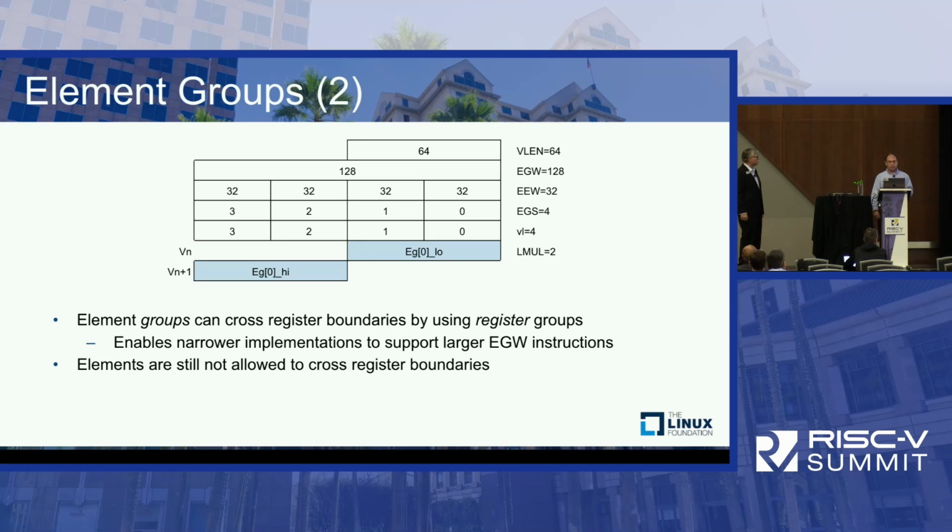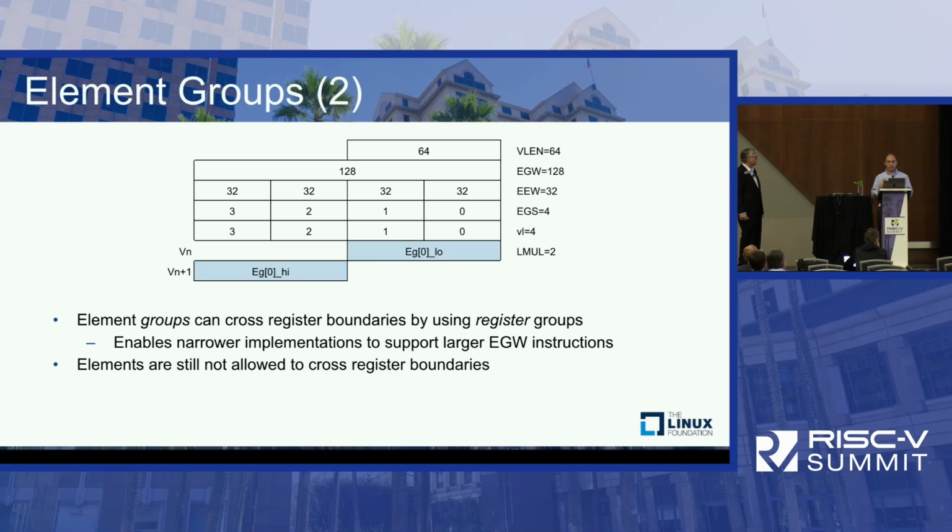Another way you can use the element groups is if you have a narrower implementation. If your vector registers are only 64 bits, for example, you can set LMUL, that's the multiplier, part of the base vector extension. If you set LMUL equal to 2, then you're telling the machine that you want to combine two 64-bit registers together to effectively make a 128-bit register.